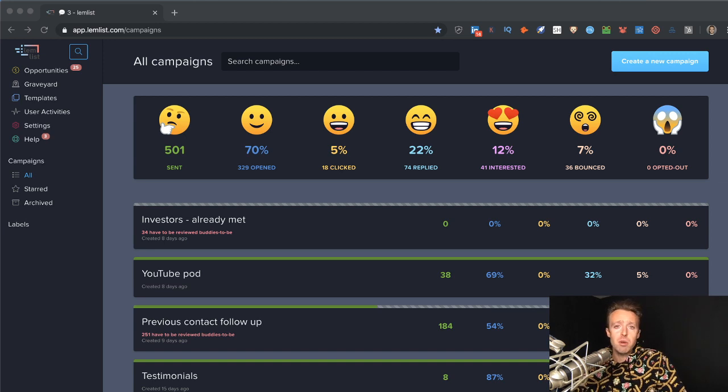And today we are going to dig through a series of campaigns I'm running on lemlist. As you can currently see, I'm getting a 70% open rate on them. I'm getting a 22% reply rate, 12% interested. And so if you're interested in getting these kinds of results on your outbound campaigns, this is something that I've